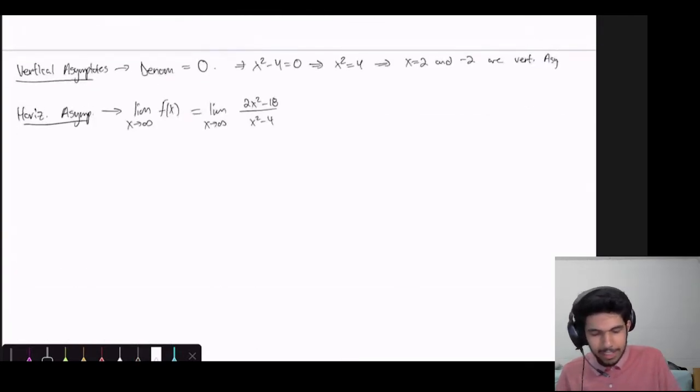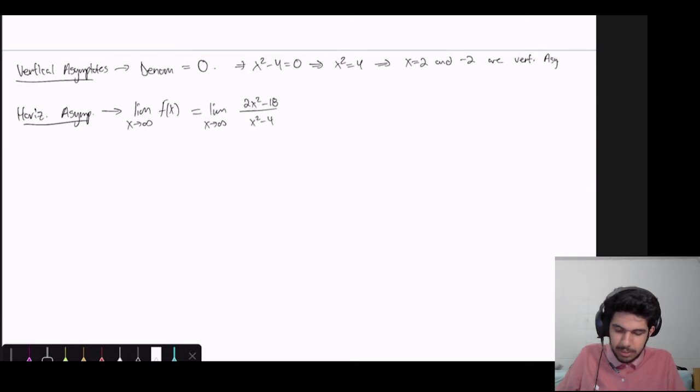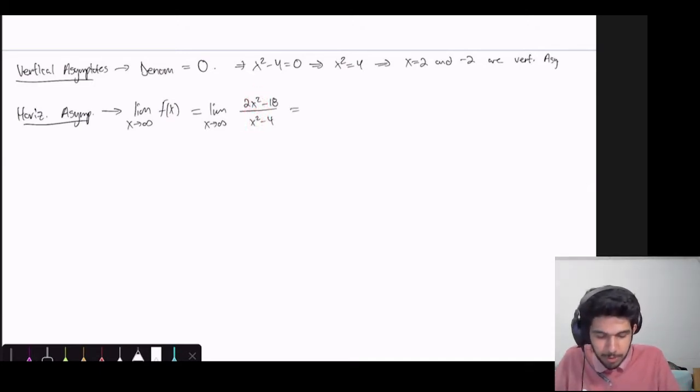And if we remember, last week we talked about limits at infinity. We looked at the highest degree terms of the numerator and denominator. In this case, the highest degree term is the x squared term in the numerator, and in the denominator, it's also x squared. So when they're equal, we take the ratio of their coefficients, so this would be 2 over 1, which is equal to 2. So y equals 2 is a horizontal